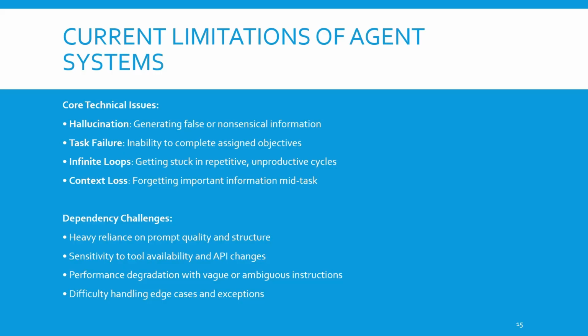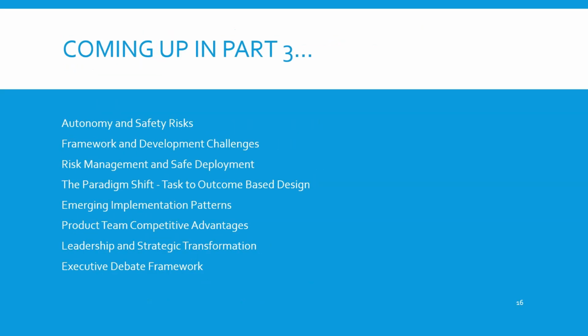It's important to understand that these systems are not examples of general intelligence. They are sophisticated but narrow task-specific workflows wrapped in conversational interfaces. Think of them as brittle beta collaborators rather than omniscient assistants. This doesn't mean that they're not useful, but it does mean that you need to approach them with realistic expectations, robust error handling, comprehensive testing, and ongoing monitoring to ensure that they're performing as intended. So those are some of the current limitations of agentic systems.